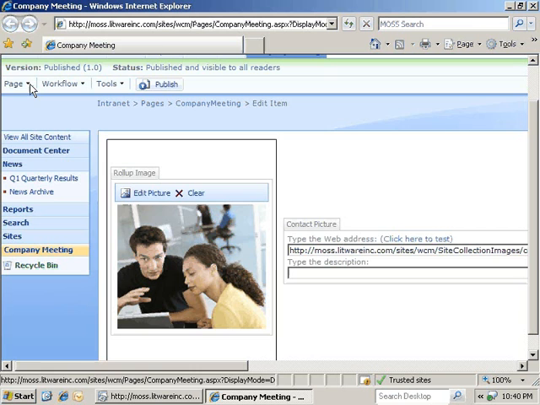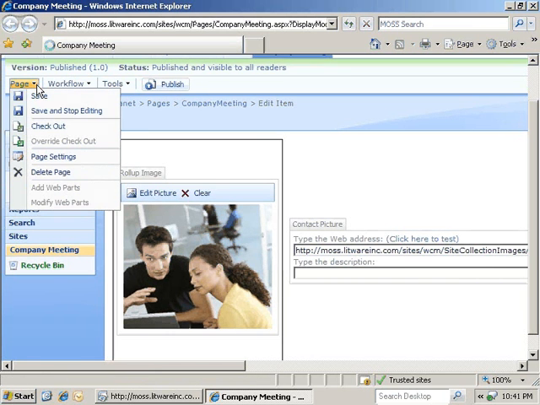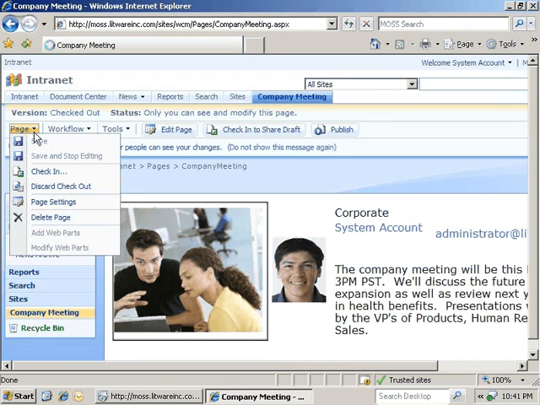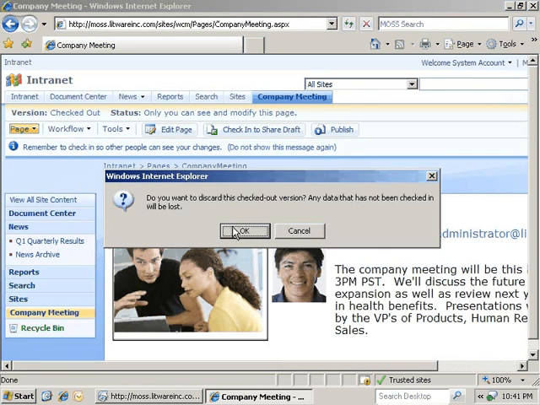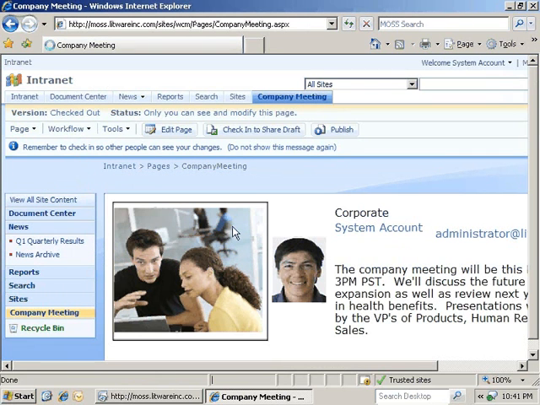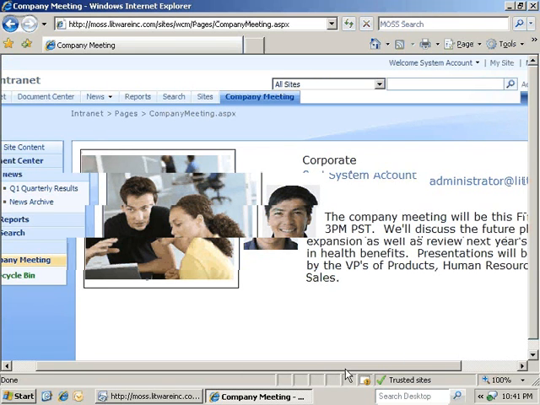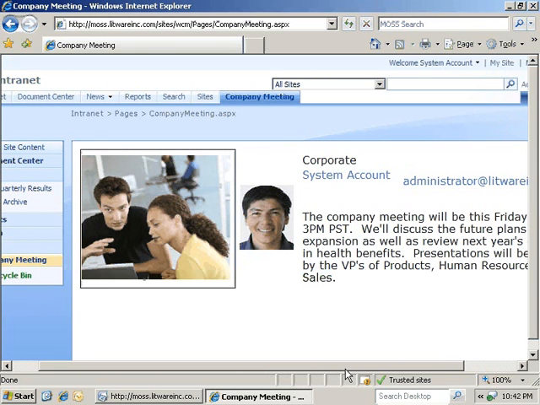So let's take a look at the presentation. We'll click on Page and click on Save and Stop Editing. Now I'll actually click on Page, Discard Checkout, because we didn't actually make any changes, so we don't want to save anything. Now we can take a look at this layout, and there's a couple of things that we could change here to make this work a little bit better, I think. So we'll go back to SharePoint Designer,